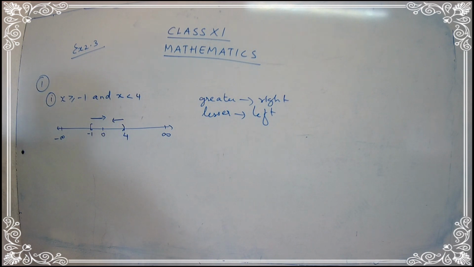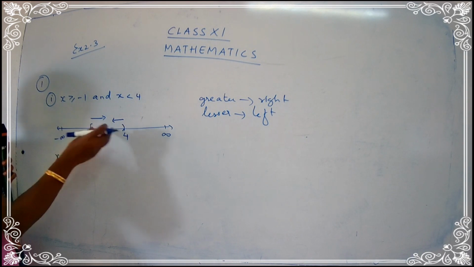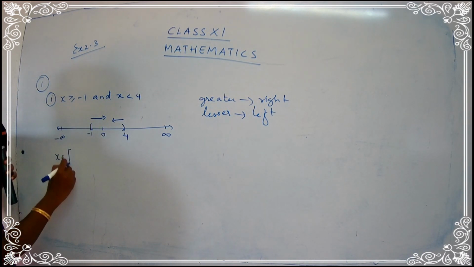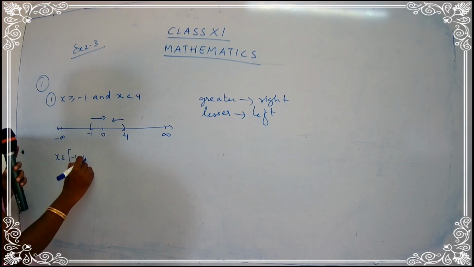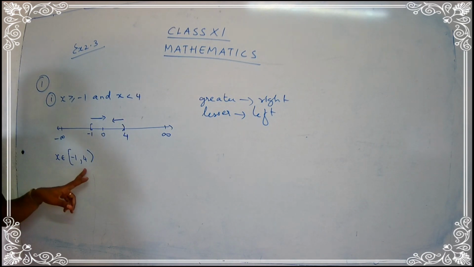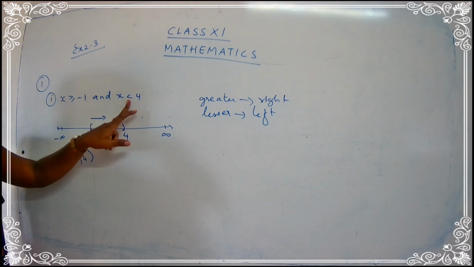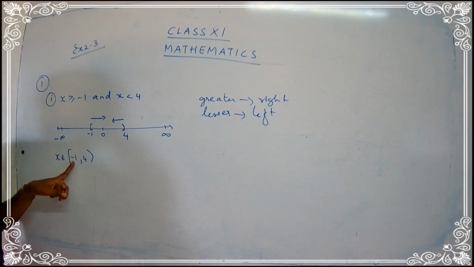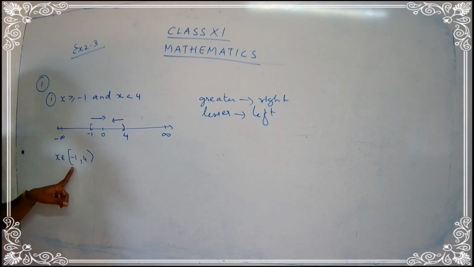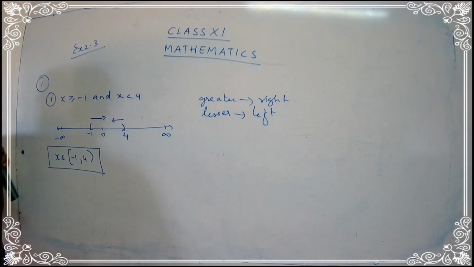So you have to write down here x belonging to. So where is the value lying between? The value is lying between minus 1 and 4. So how are we going to write it down? So I'm going to use a closed interval for minus 1 and an open interval for 4. Open interval means this number is not going to be included. Why is it not included? Because only the less than sign is present. But for minus 1, the greater than or equal to sign is present. So we have to take minus 1. So minus 1 is in a closed bracket, 4 is in the open bracket or open interval. So this is your required interval notation.